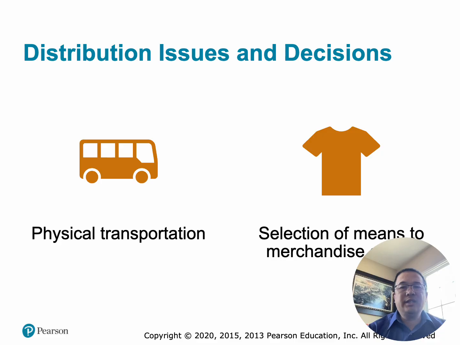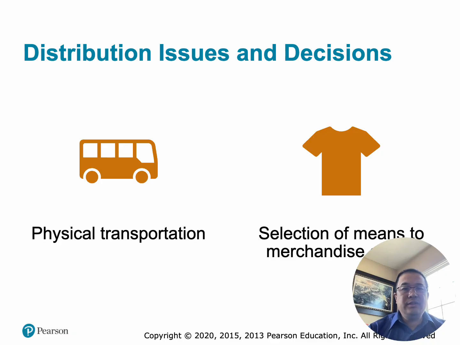Number 2, selection of means to merchandise goods. Merchandising means deciding how products will be presented and sold to customers. Managers must determine distribution channels. Should the company sell through retail stores, wholesalers, distributors, franchises, e-commerce platforms, or company-owned stores? Apple uses multiple channels: Apple stores, online stores, electronics retailers, and mobile carrier partners. This allows Apple to reach different customer groups.